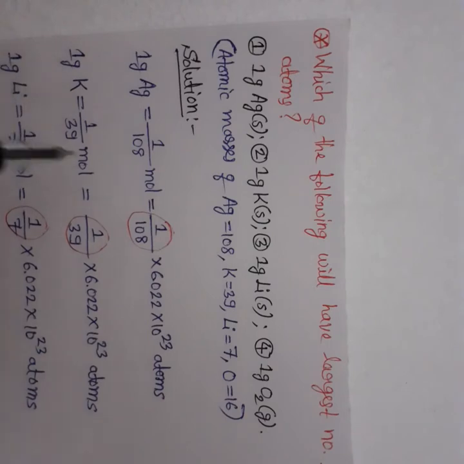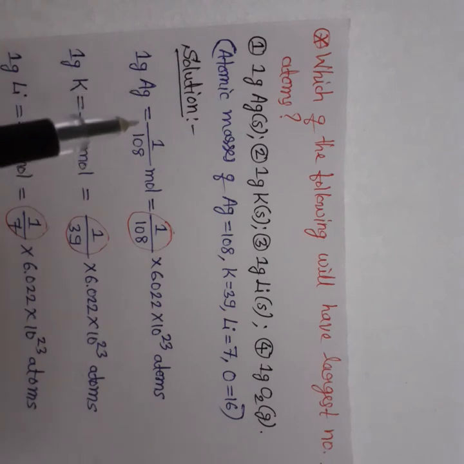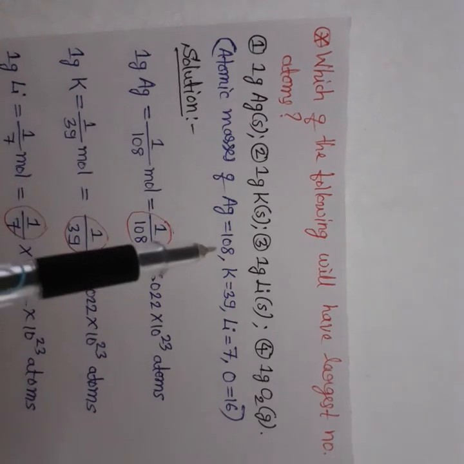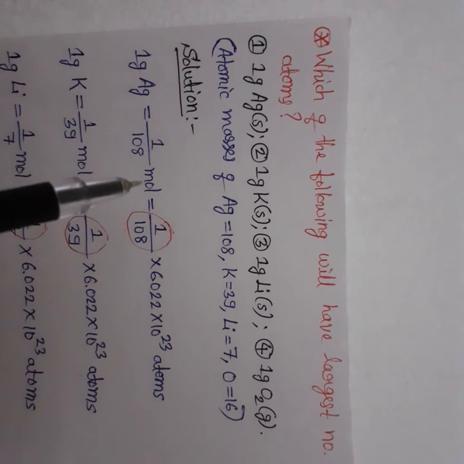1 gram of silver is equal to 1 divided by 108 mole. That means if you want to convert 1 gram of silver into mole, it should be divided by the atomic mass of silver, that is 108. That means 1 divided by 108 mole,